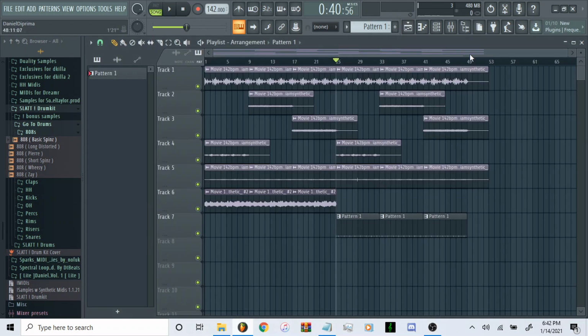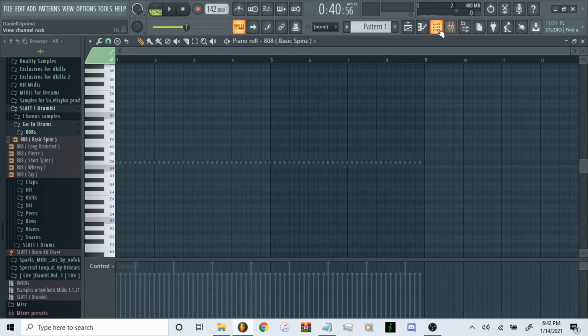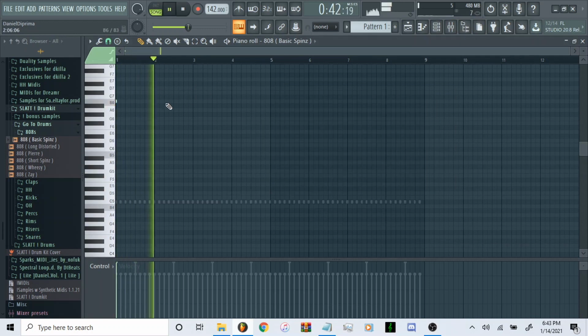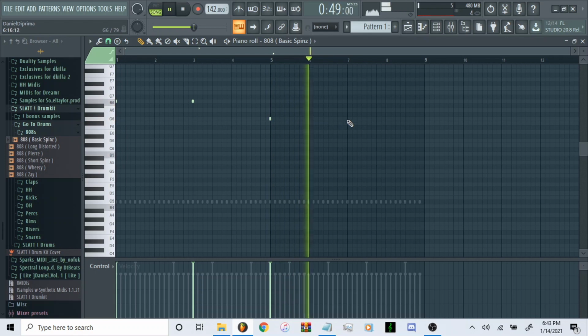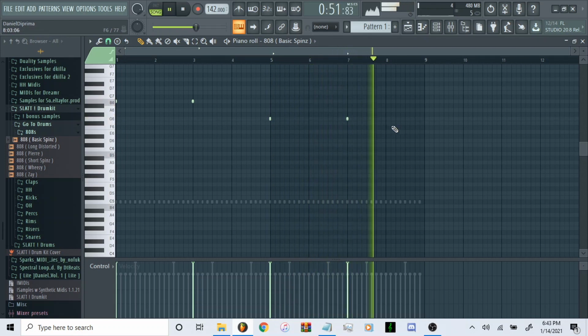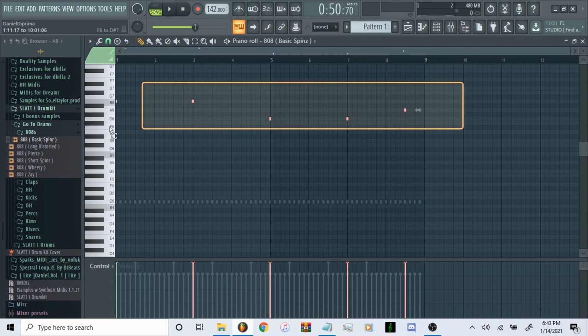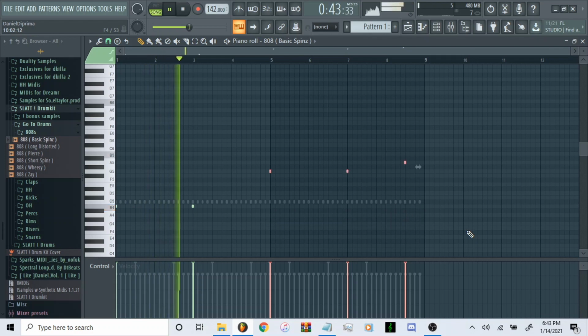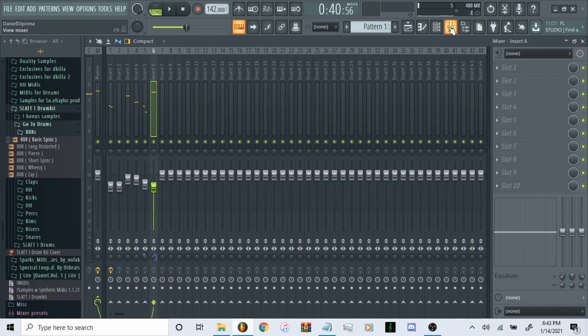And then this sample is in B minor. We're gonna find the root note. Okay, so it's B. Okay, I just wanted to get a little guide down for the root note. Okay, and then I want the 808 to be kind of clipping, so I want it to be above 0